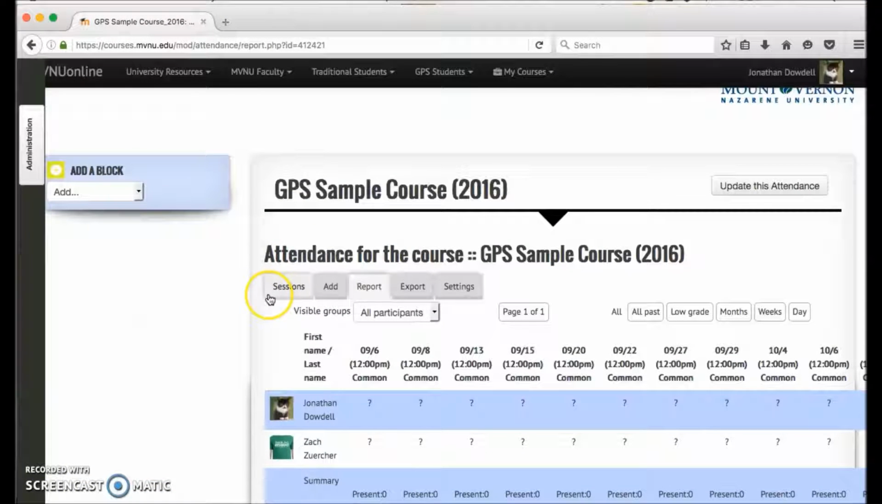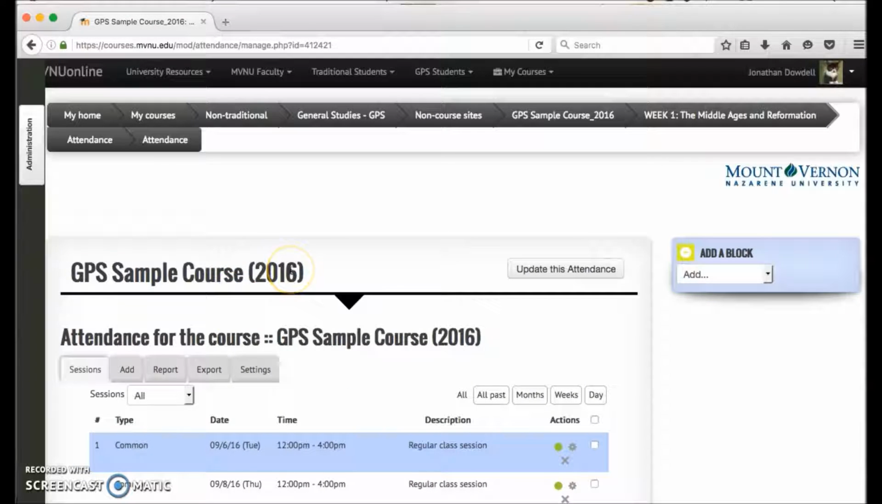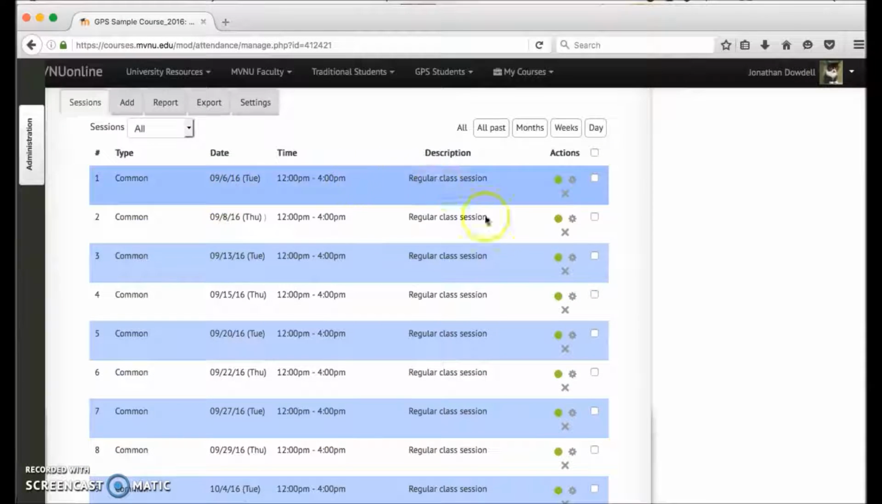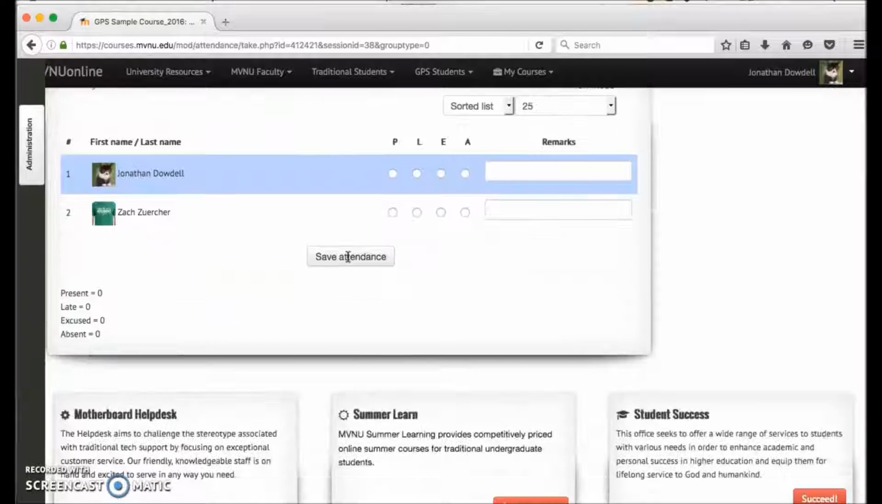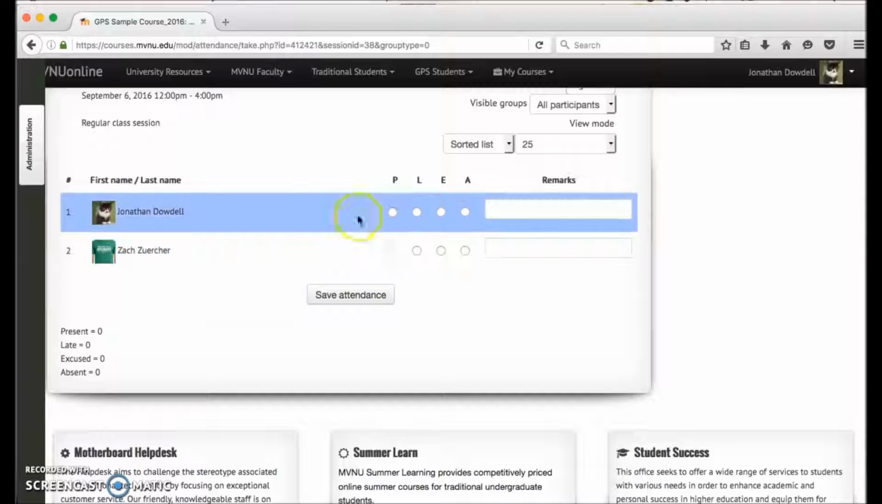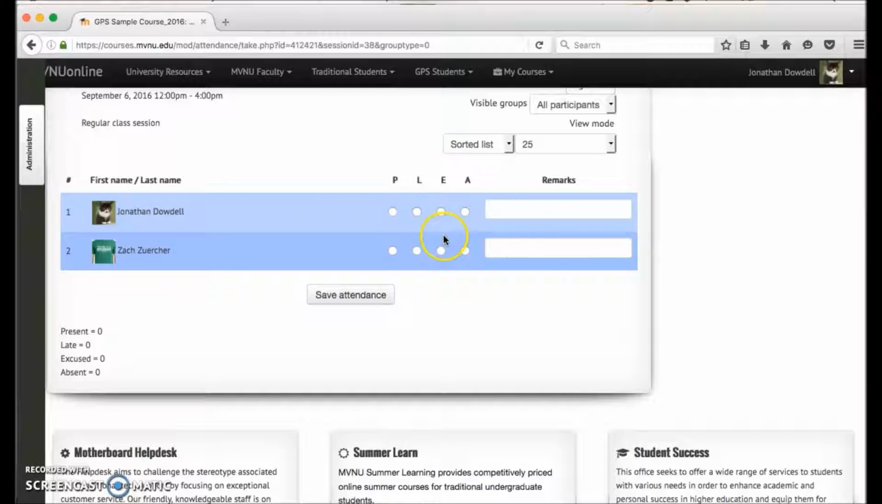Now, in order to take attendance, all we have to do is go back up to sessions. And then we'll want to select the date we want to take attendance for. So we'll just click on the little green dot for the take attendance. This should bring up a list of every student in the course. And obviously, I showed you the acronyms earlier. P is for present, L is for late, E is for excused, A is for absent, and you can also